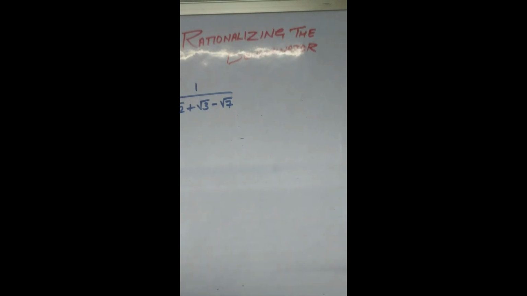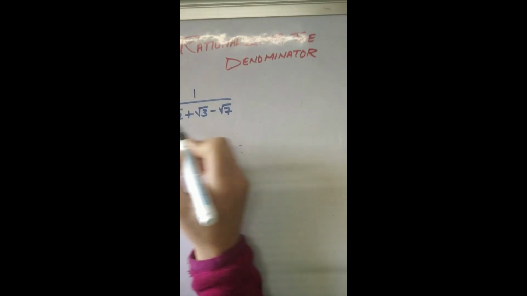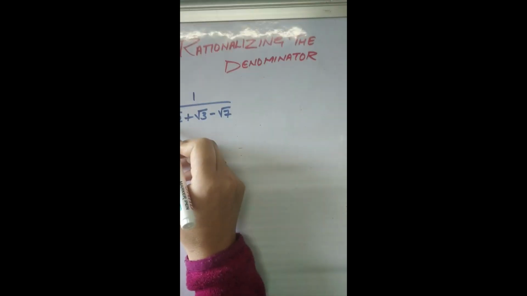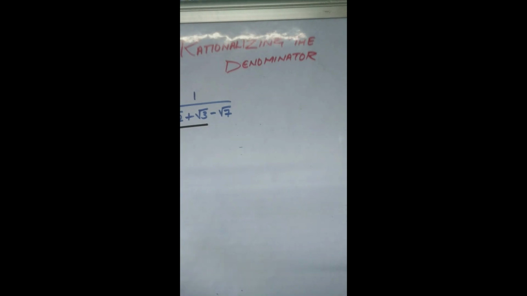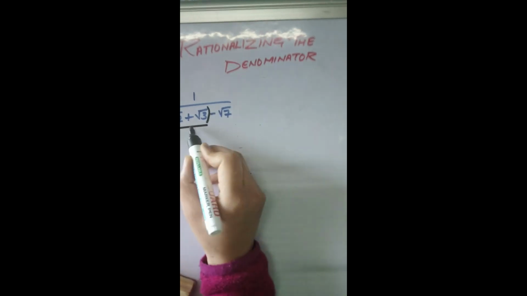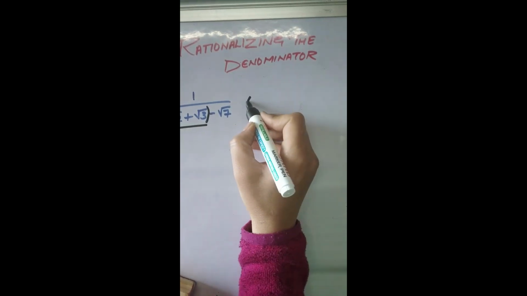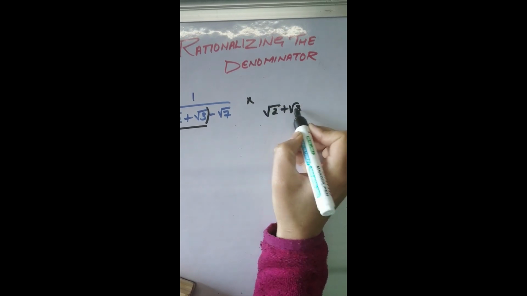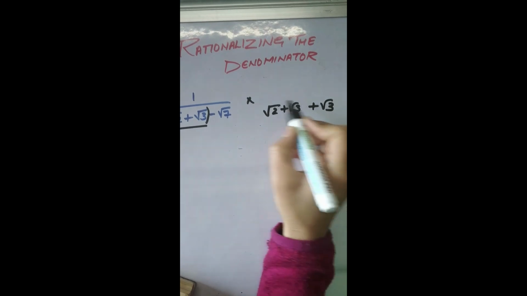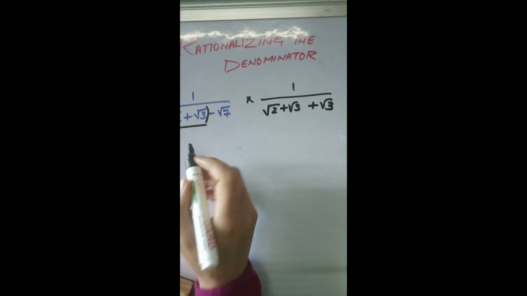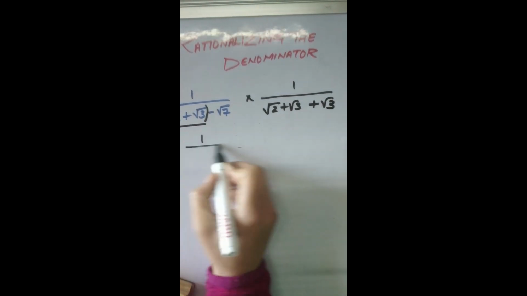Okay, this is tricky because it has 3 irrationals. You just have to, because there are 3 terms, that's what is creating a problem. Let's reduce them into 2 terms. Either consider this as a single term. Okay, so then you can put this in the bracket, and this will become a minus b. And in that case, you will multiply it with a plus b. Okay, or you can consider it like this.